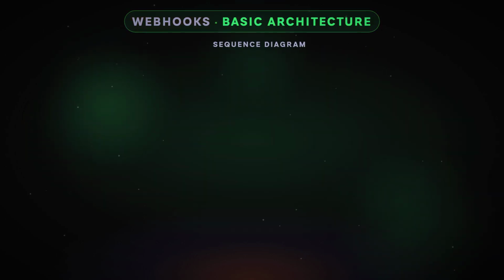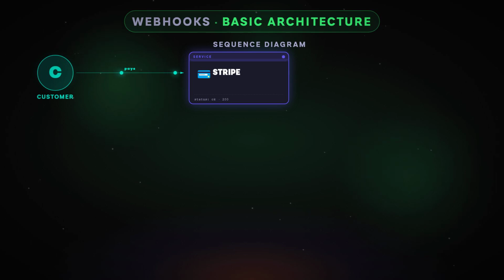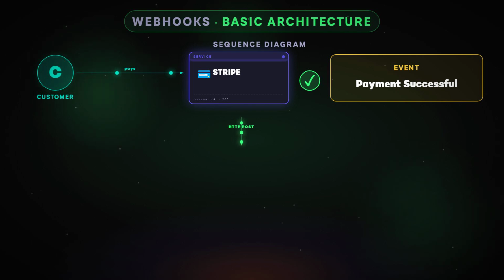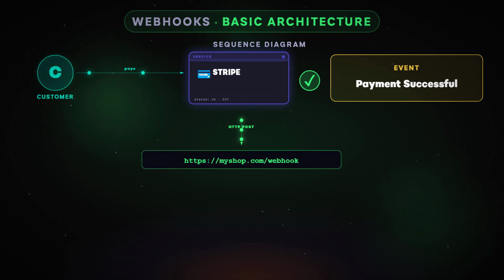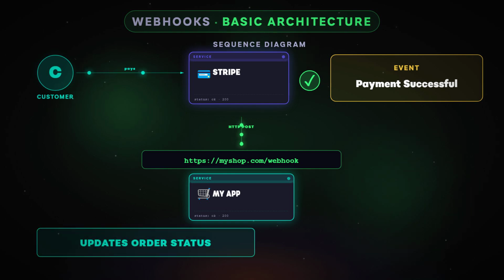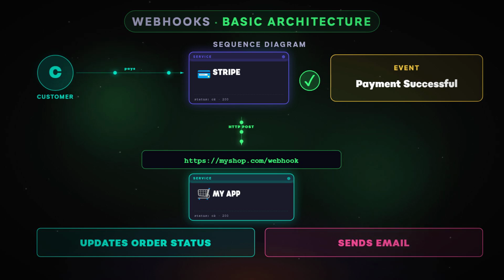Let's try to understand the basic webhook architecture. Let's follow the flow. A customer makes a payment. Stripe processes the payment. Everything happens inside Stripe. Now imagine the payment succeeds. Stripe creates a payment successful event. Instead of waiting for our application to ask, Stripe immediately sends an HTTP request to our webhook URL. Our application receives the event, updates the order, sends an email, updates inventory and continues processing, and the communication is